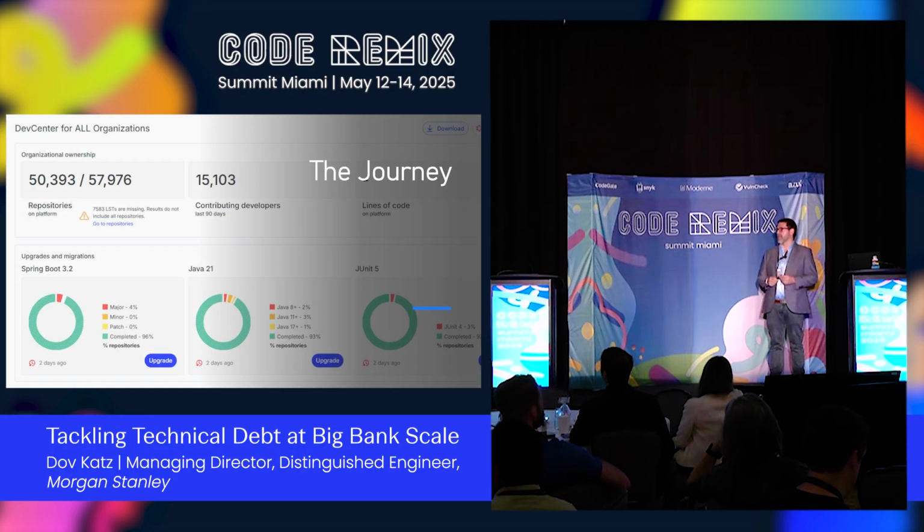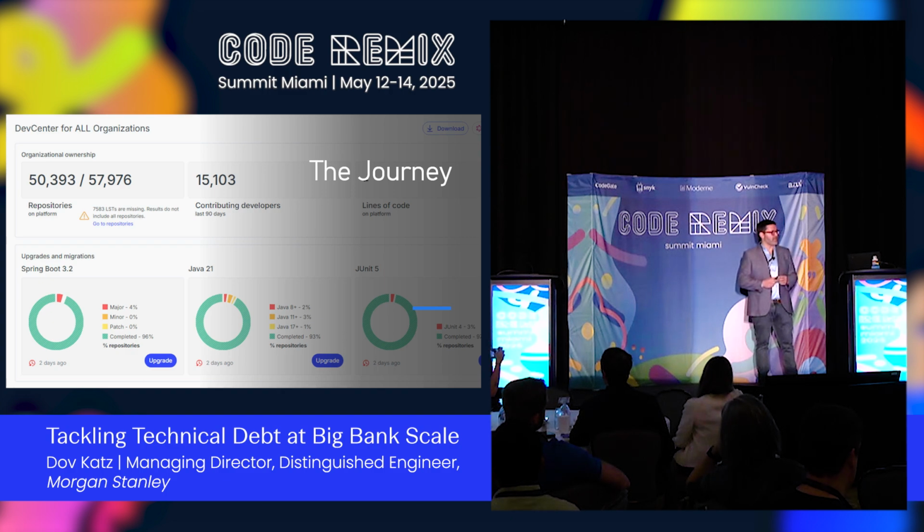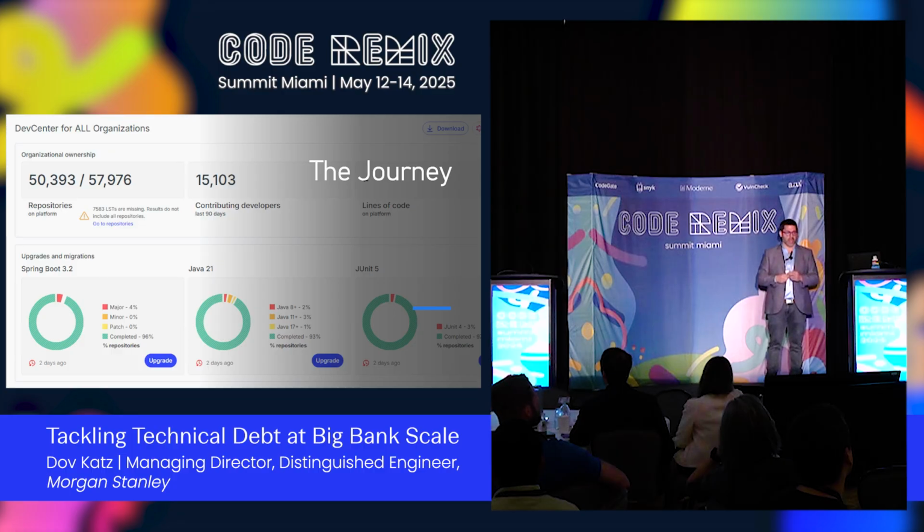All right, this is an actual picture from an early run of the Dev Center in Moderne. That number is correct. 57,976 repos was the list I was working off of from the CMDB. That's a lot of repos, especially relative to that number of developers on the repos. This is not 100% accurate because we've tuned things, but let's assume we're in the tens of thousands of repos category. Okay, so I want to talk about the journey, things that we're doing that we started with,